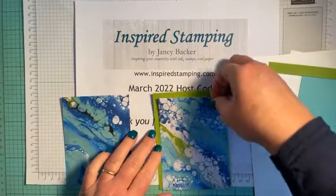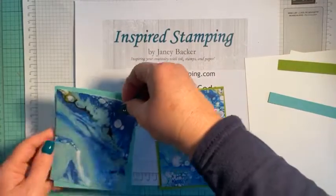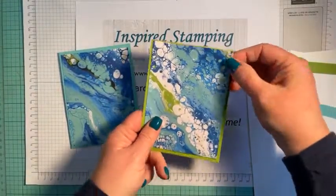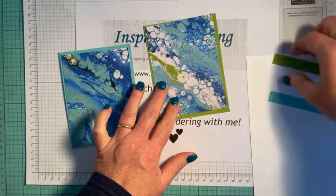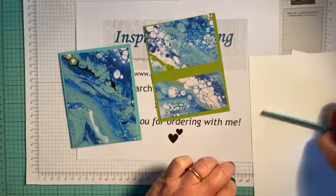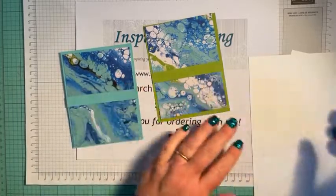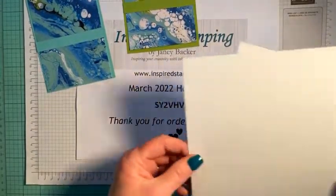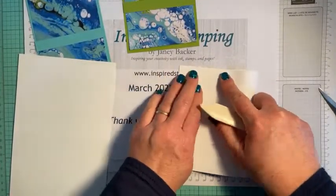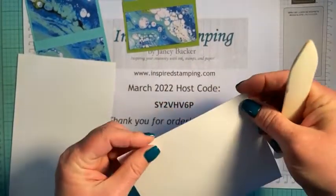So I'm going to put these together and these 2 together. I just love Granny Apple Green. It's just such a happy color. And then see how I created a little belly band concept. I'll put those over there. We're not done with them, so don't worry. We're going to do something with that cardstock, but first I'm going to line up my edges, my corners,